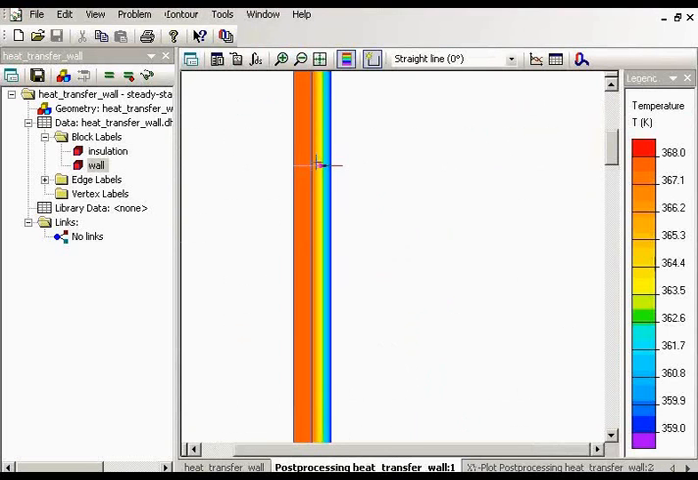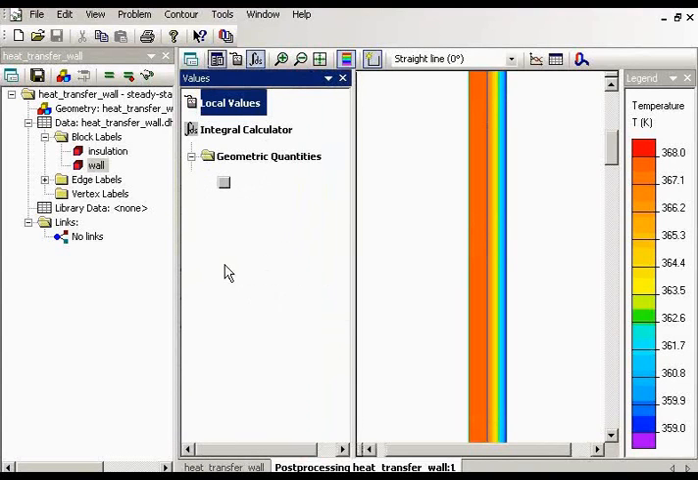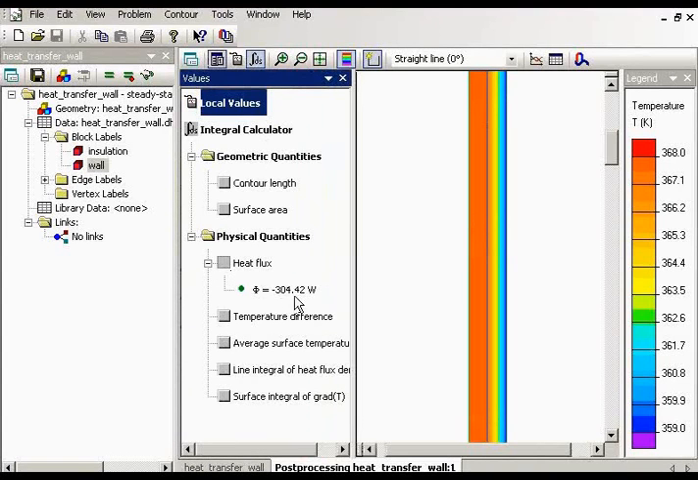And also I can calculate the heat flux passing through the wall. That's my value, and as you can see, it's reduced very much. Okay, so